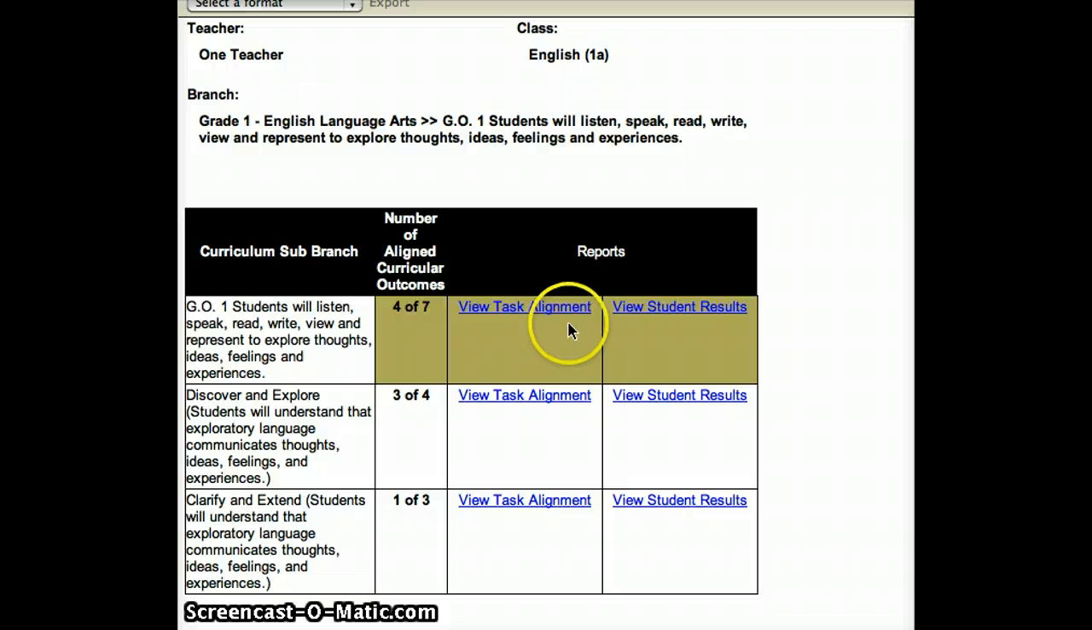If I'd like to get more details, I can do that simply by clicking either one of the View Task Alignment buttons, which will take me to a screen that shows which tasks have aligned to which outcomes, or View Student Results, where I can get a quick snapshot of how my students are doing relative to those outcomes. So for example, if I click this now,